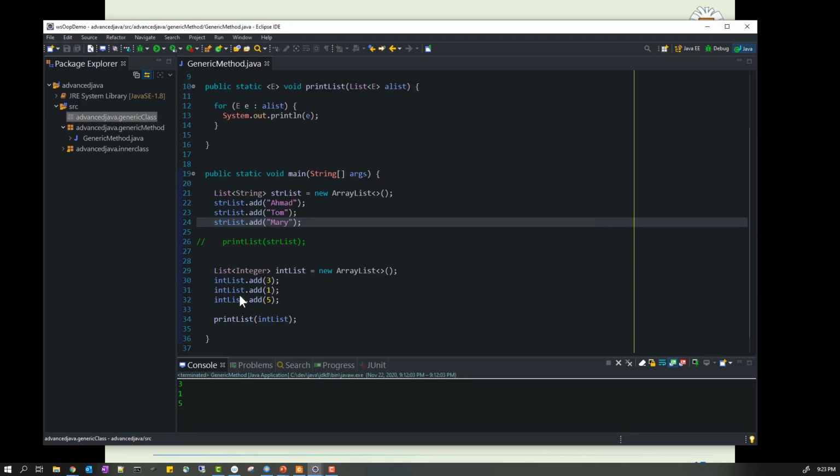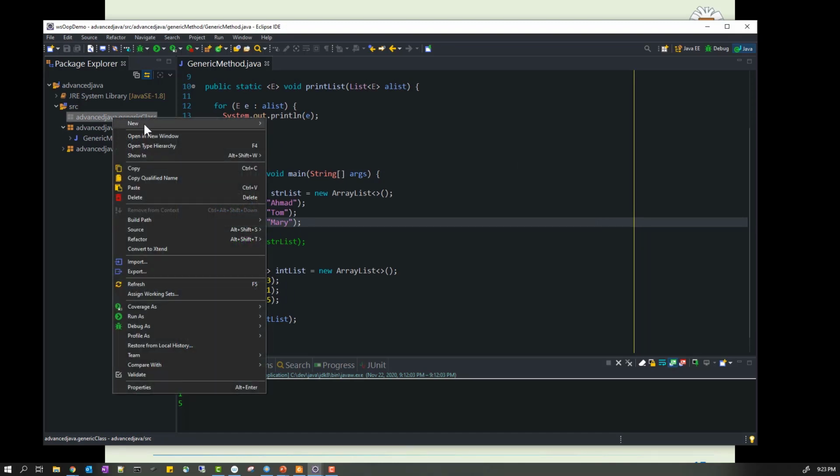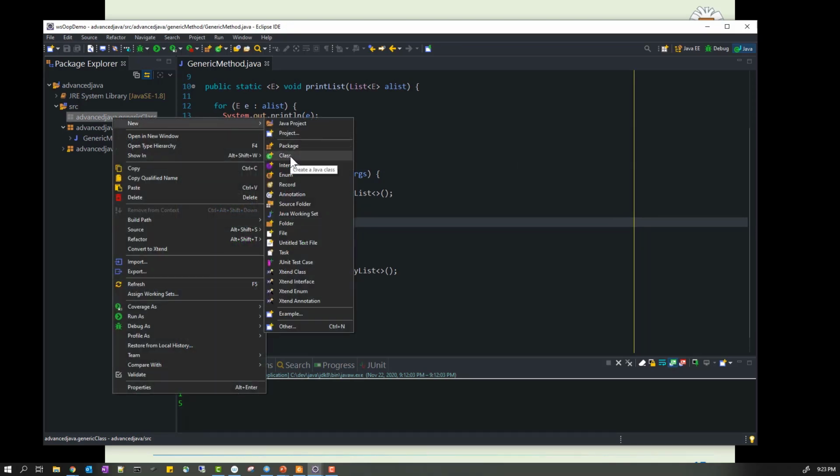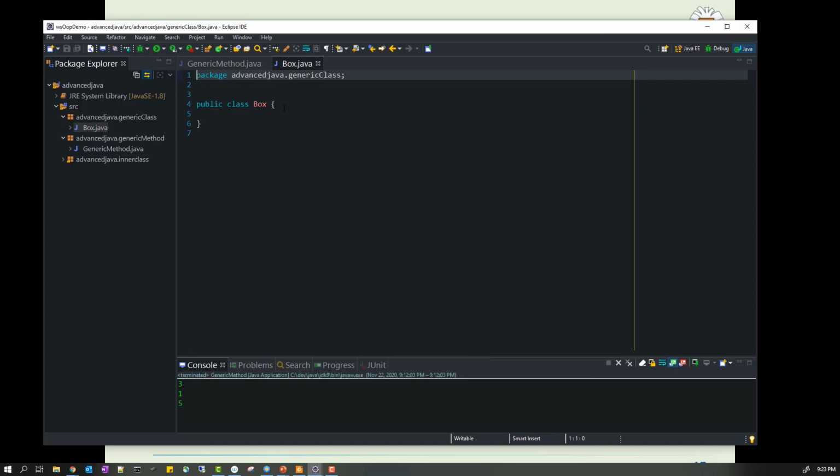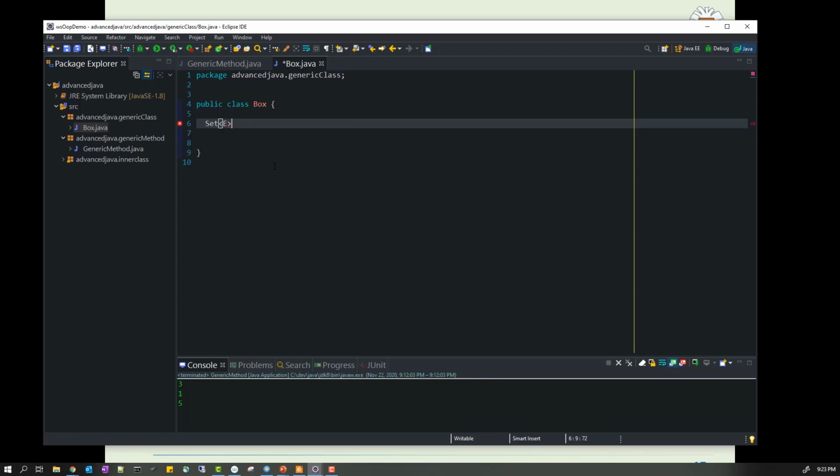And inside the generic class package, we create a new class and we call it Box. So let's see what we got here. First of all, I would need an underlying data structure. As I said, I'm going to use the Set of E, and let's call it objectList equal to